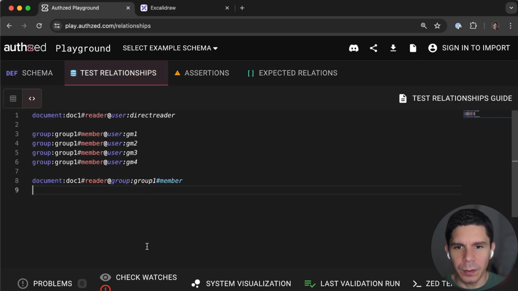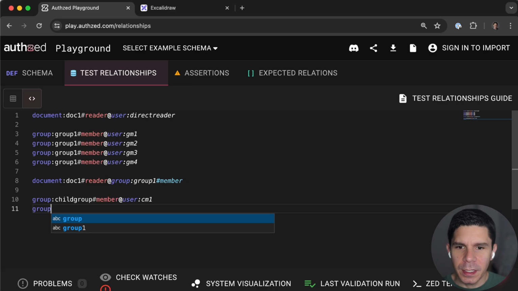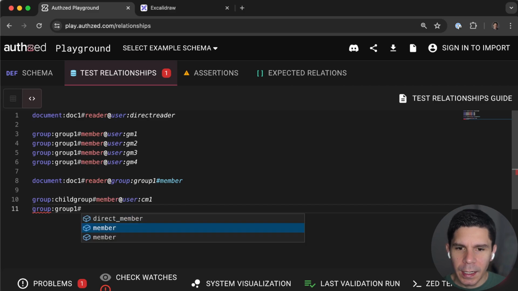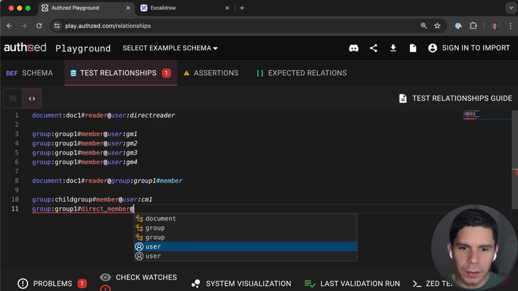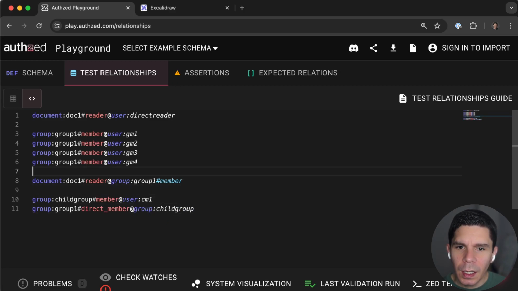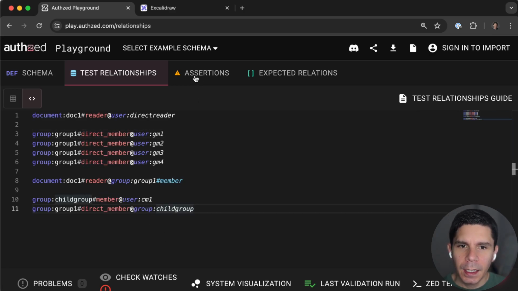So let's go ahead and set up a group 2, or we can say child group, member, and this can be user child member 1. And then we have to say that group 1 has a direct member of child group. We also over here have to say these can't be members. These also have to be direct members. So we're going to go ahead and change those all to direct member. And now